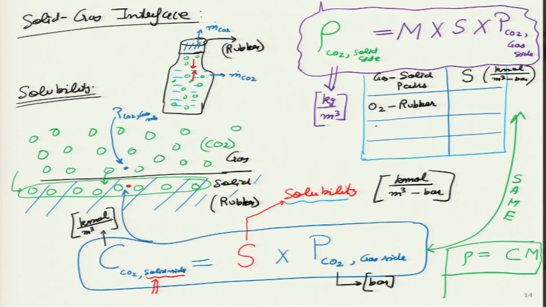The second one we are looking at is CO2 in rubber, and the third one, this is becoming very critical today because of the advent of the hydrogen economy. For storage of hydrogen, usually nickel is used. So, these numbers are very important in today's time. So, this value is this one, 0.04015, and over here 0.009.